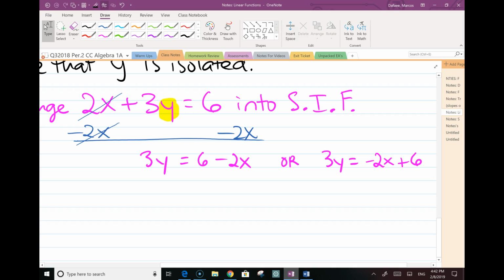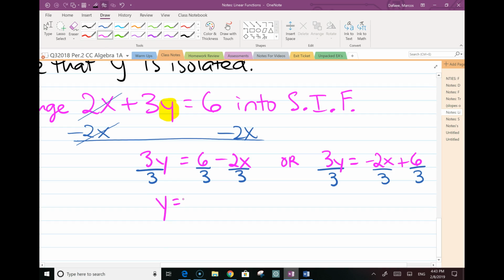And then finally, all we have to do is separate the 3 there from the y. And because they're being multiplied together, all I have to do is divide them. So I'm going to divide by 3 here. And I have to do the same thing to each of the terms on the other side in order to maintain the equality. Okay? And I can do that on the right side as well. Divide by 3, divide by 3, divide by 3. So 3 divided by 3, as you know, is 1. So I get